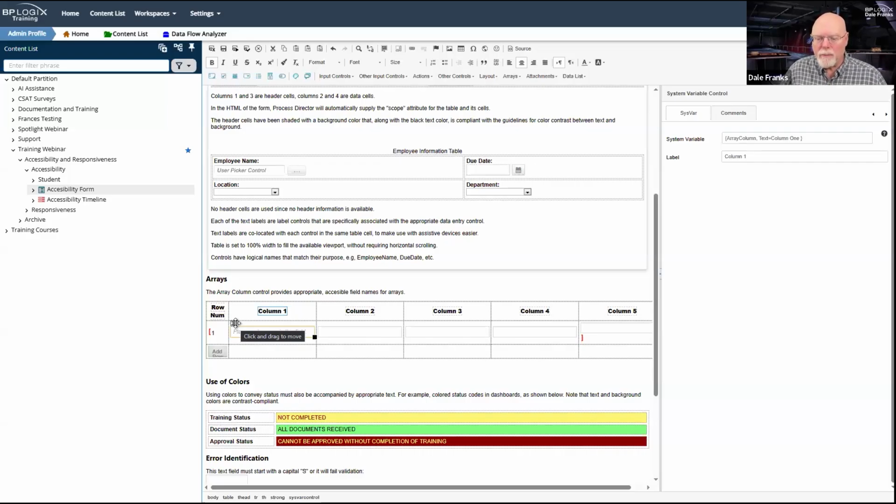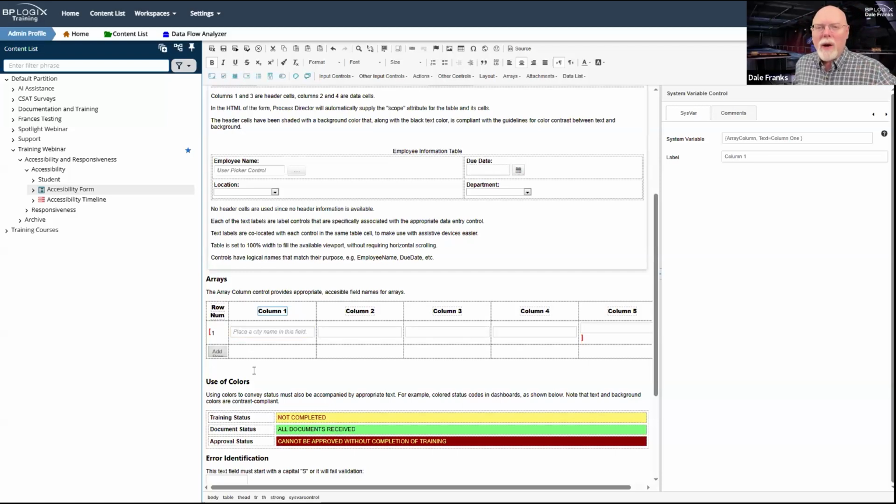When you query an array, and you query column one, it's going to return a comma separated list with 10 values in it, all separated by commas, because that is the value of the array one field.